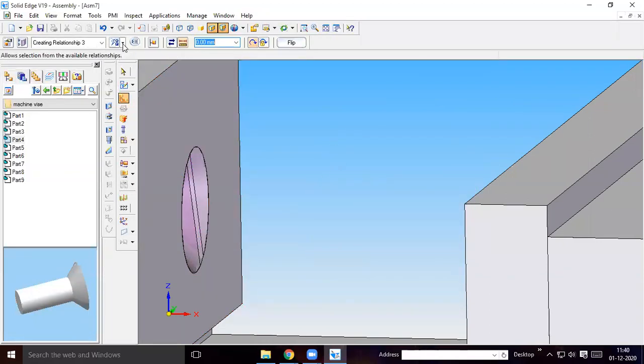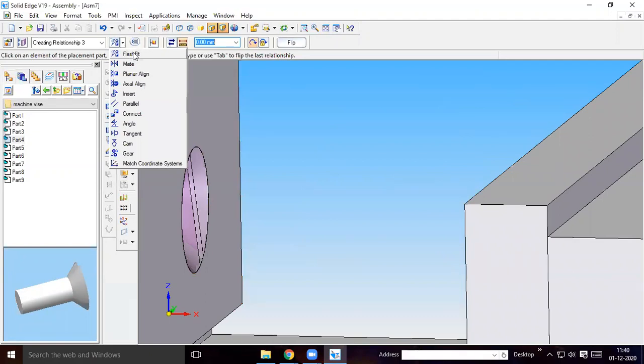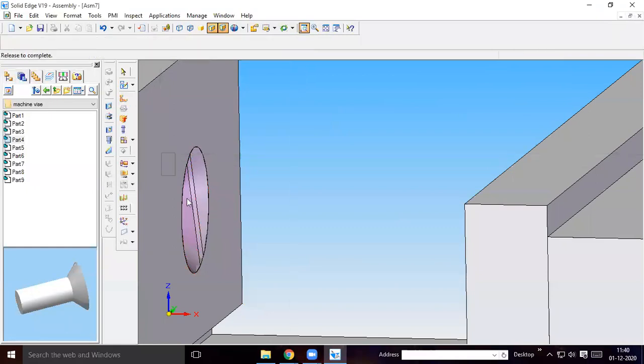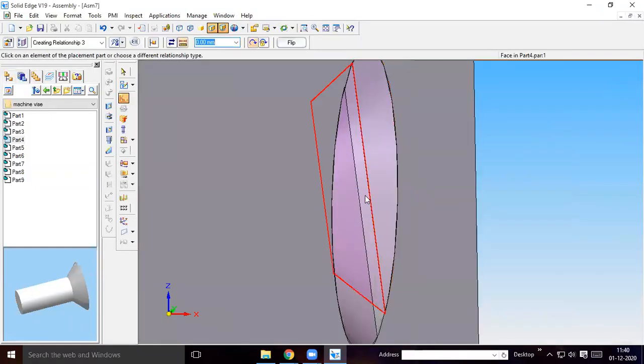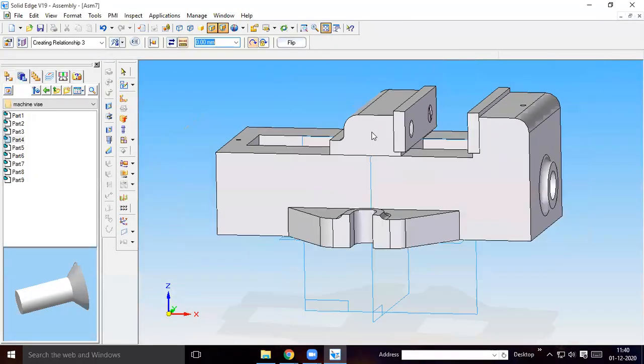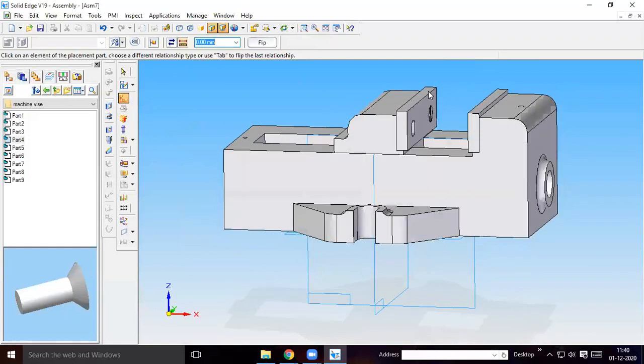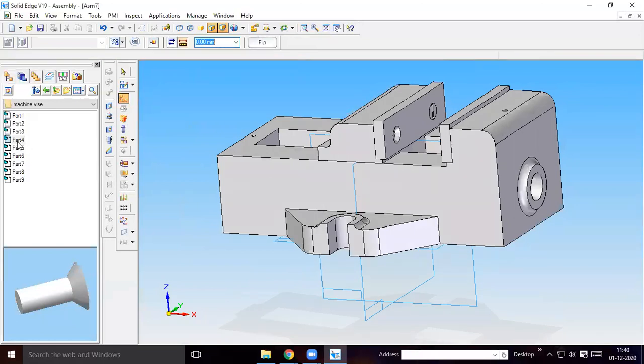Also, in order to view neatly, you can give axial alignment of this rectangular surface that we see here inside. You can give this one with the outer body so that alignment will be proper. So it aligns vertically like this. You have to do it for all the screw holes. Fourth one, take it here. So rotate like this. Take it here.